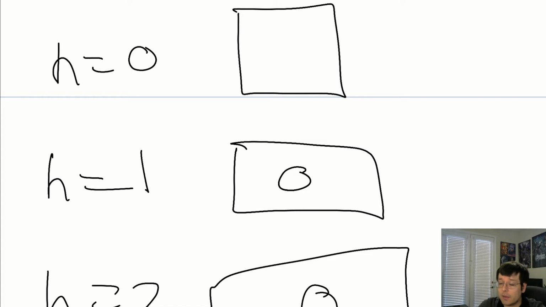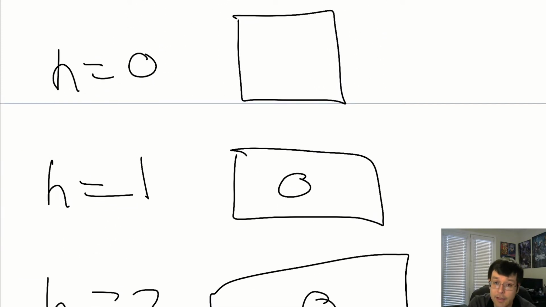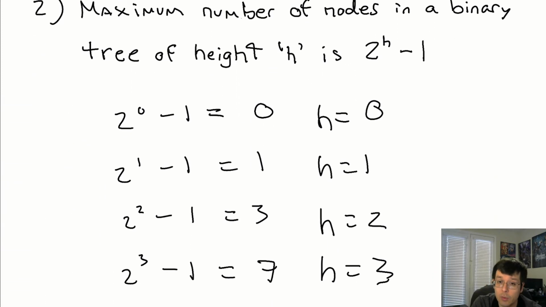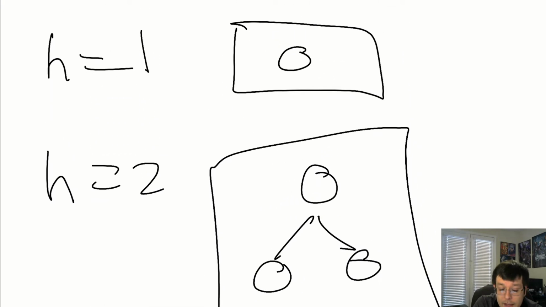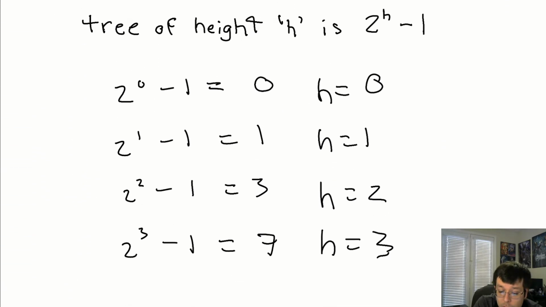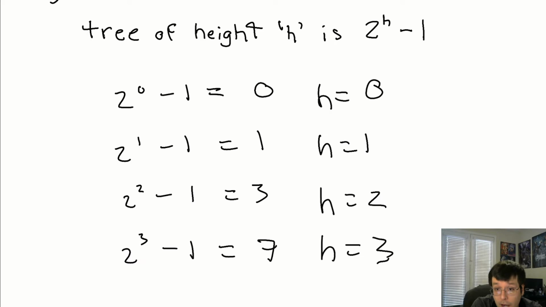To find the max number, we have to consider the root node as 1, or else it won't work. What I mean is that if you're using this version of height where nothing is height 0, then this formula will work by just plugging in 2 to the power of h minus 1. But if you're considering that the single node is height 0 and not height 1, then to compensate, your formula is going to be off by a level. So you have to subtract that. That's what I'm talking about.